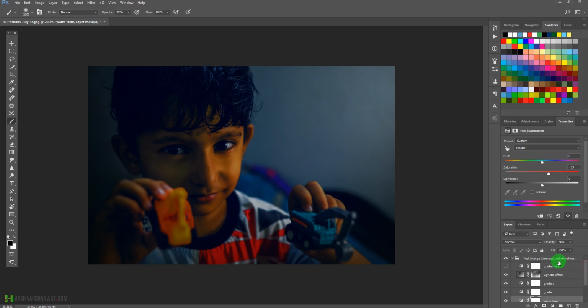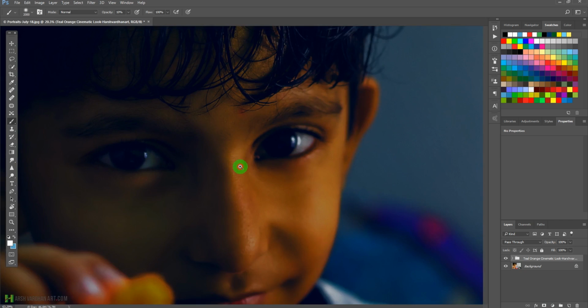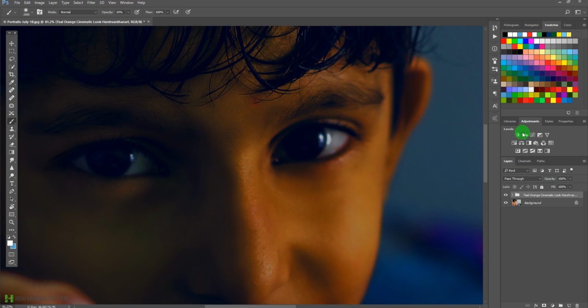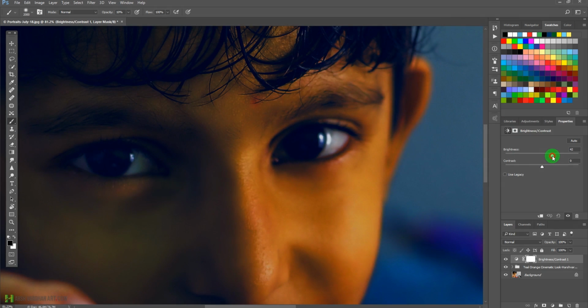And now we need to add a little bit of spark to the eyes. As you can see right now we are not able to see any details in the eyes. Okay, so for that purpose we will zoom in, and over here on these highlights we are going to paint in with the adjustment brush, which is an adjustment layer. So I'll click and select the brightness and contrast. I'll increase the brightness to something like this,